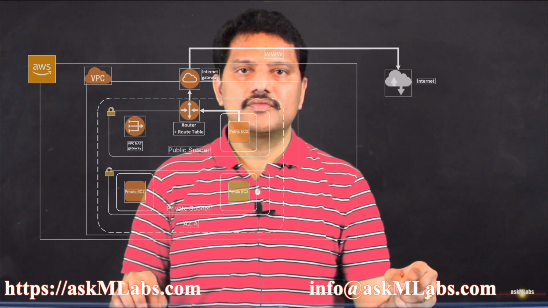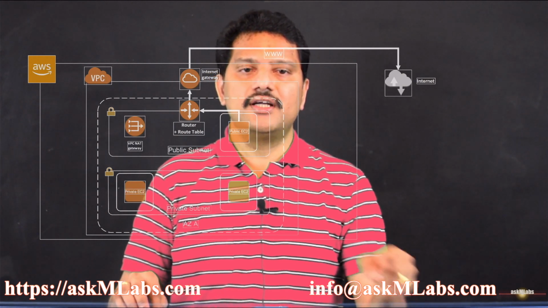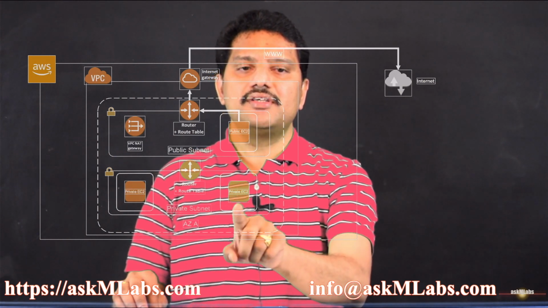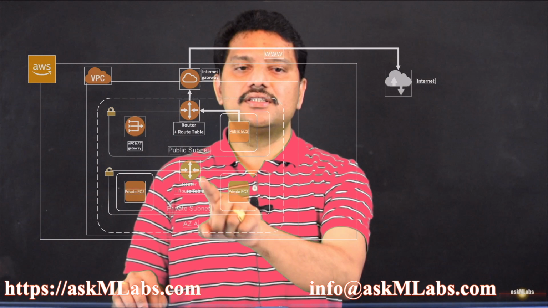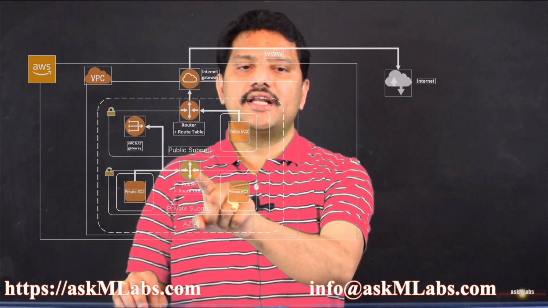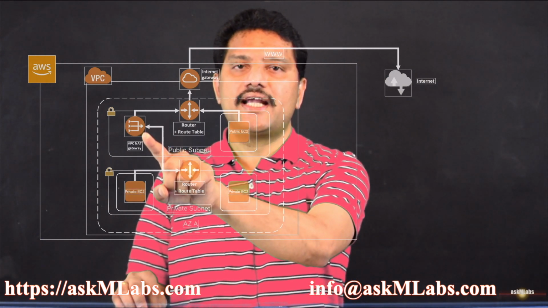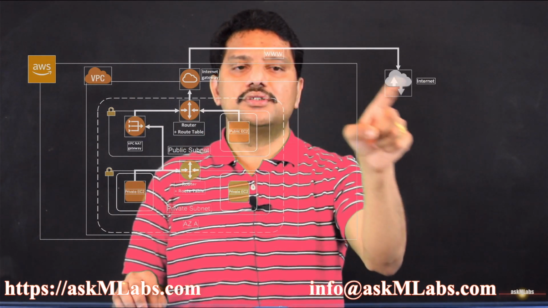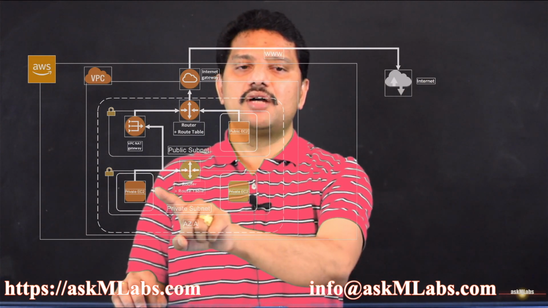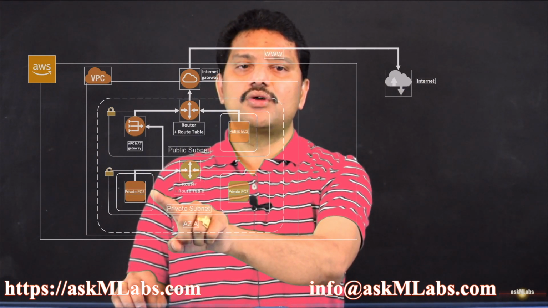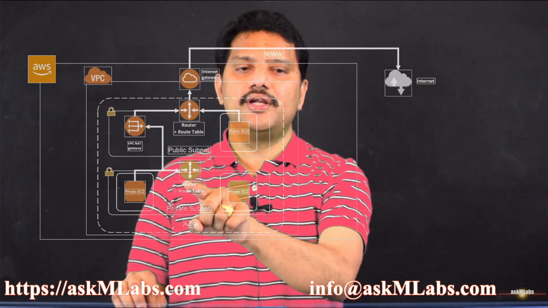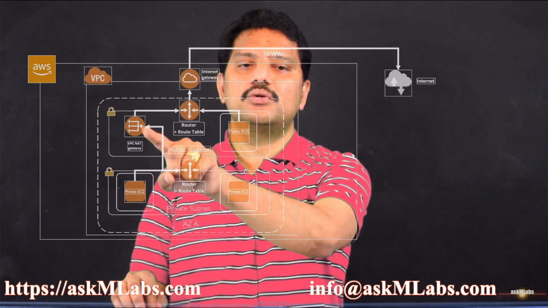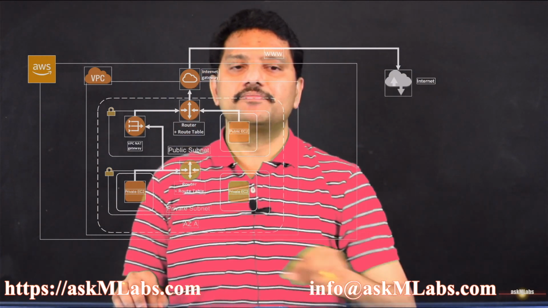internet. Again, we will have rules defined in a route table. If the request coming from these EC2 instances is to talk to the internet, the request goes to the NAT gateway, and the NAT gateway routes that request to the internet gateway and then the request goes to the internet. But if the request coming from this EC2 instance is to talk to any of the other internal network components, the route table routes that request internally. It will not route to NAT and then to the internet gateway.